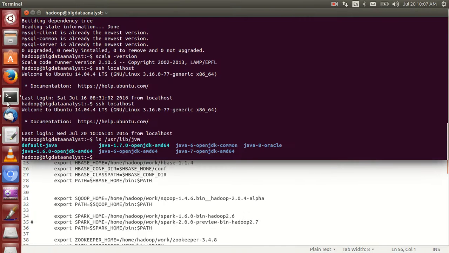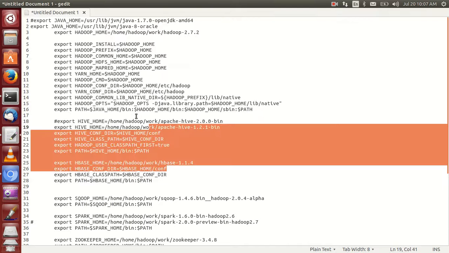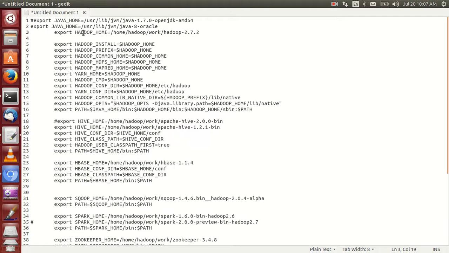Open your terminal. You can find your username here. This username is hadoop. The intention is that Hadoop is installed in the home/hadoop/work folder.